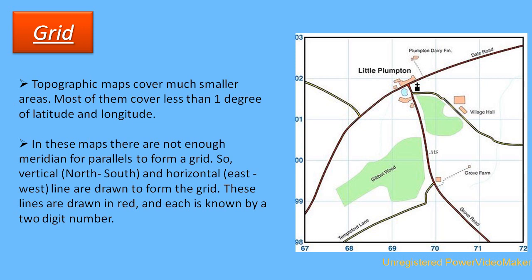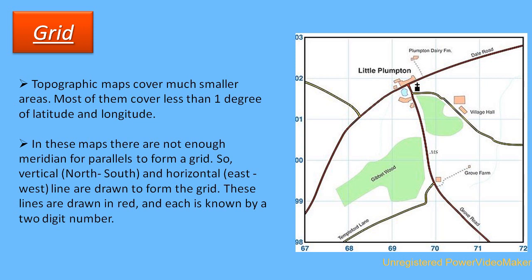In other words, latitudes or longitudes, horizontal and vertical lines. So vertical north-south and horizontal east-to-west lines are drawn to form the grid. In between the square boxes you will find the gray color lines. Actually, in maps they are shown in red color, but here for understanding we kept a gray color,